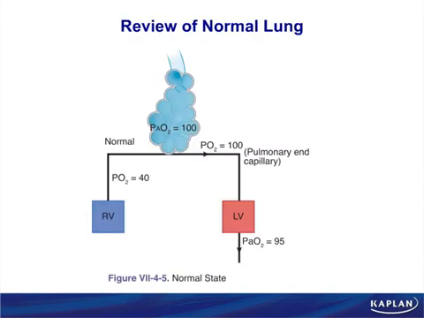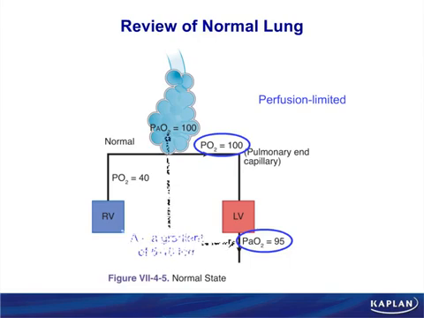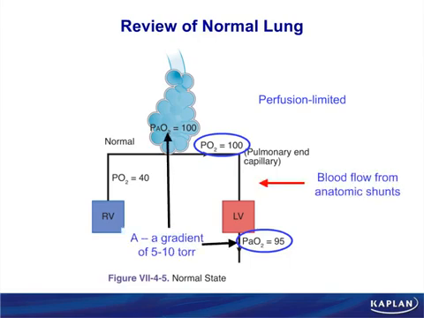Before we discuss the hypoxemias, let's do a very quick review of the normal lung. Normal alveolar PO2 is about 100. Blood coming out is 100. We know this is the case because oxygen is perfusion limited. Again, perfusion limited means the gas equilibrates. By the time we do an arterial blood stick, though, the PO2 has dropped to 95. This is my AA, capital A, small a, alveolar arterial oxygen gradient, and this is about 5 to 10 torr in the normal individual, and this comes from blood flow associated with